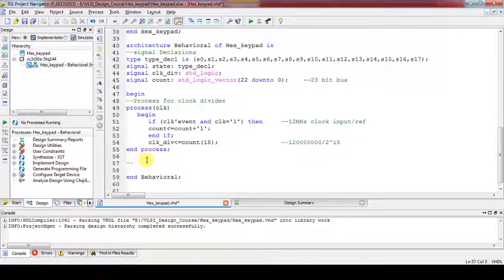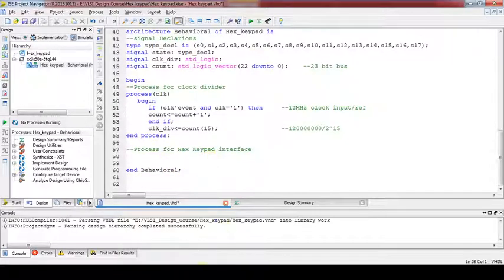So here is the process for the hex keypad interface. We have divided our logic into two sections inside the architecture: one for the clock divider and the other for our actual hex keypad interface.